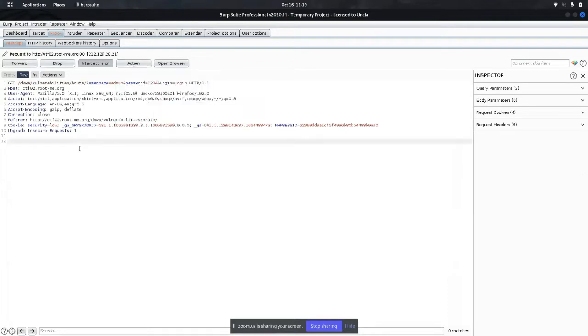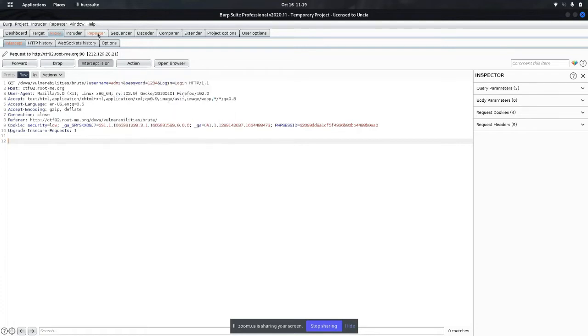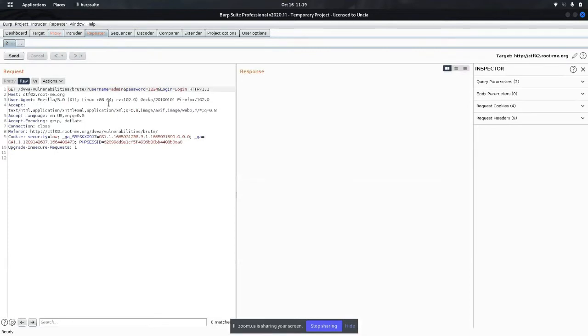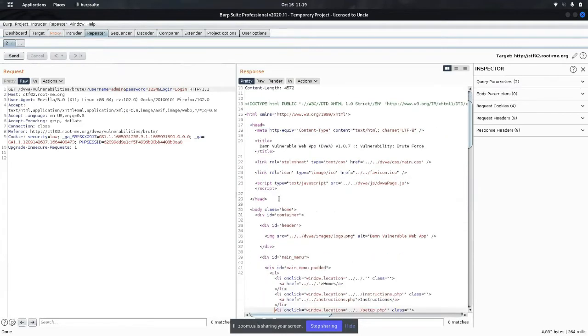to inspect this request and check the response of your request. How to check the response? You can click on the action button and transfer or forward the whole request to the Repeater tab. The Repeater tab is used to check the response of your request. So whatever request you send to the server, that request's response will be here. HTTP OK